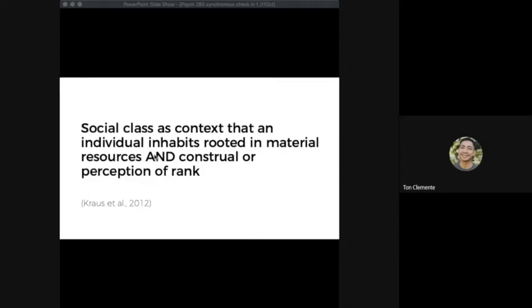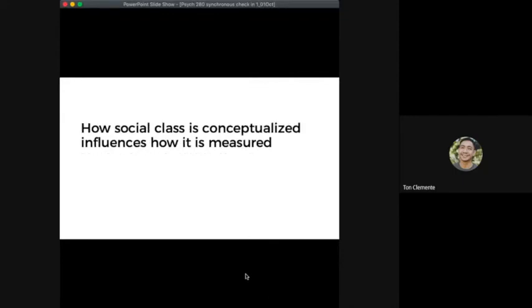Okay? So for you to be able to perceive where your rank is, it's important that you know where other people stand. So pag alam mo na where other people stand, it makes it easier for you to assess what's your rank, what's your subjective social status. Okay? So again, just to drive home the point about the definition of social class,